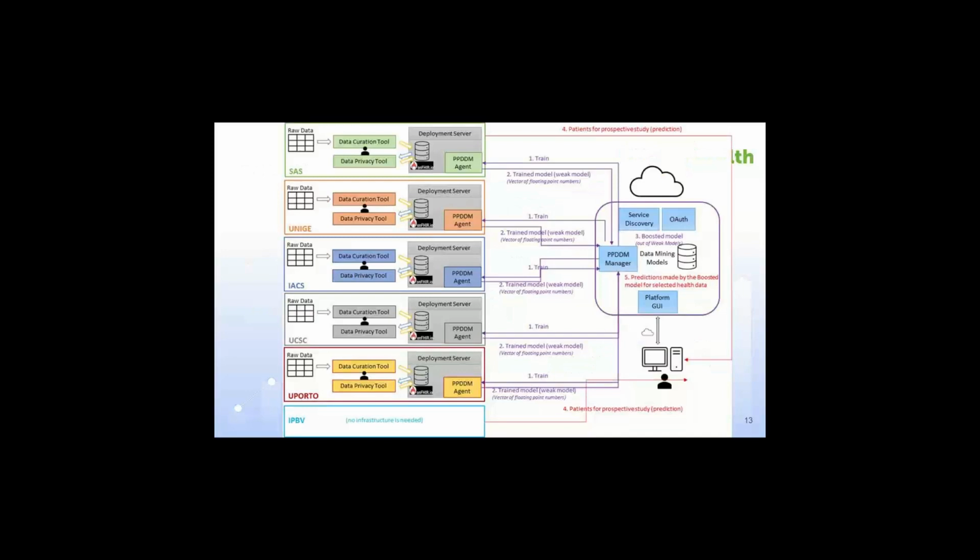In this slide, you can see the technical architecture that we have in our projects. The data curation tool and the data privacy tool must be running in the data owner facility to cover the privacy restriction of this kind of data. We identified the needs to transform the raw data to FAIR in the data owner facility. When we obtain the FAIR data, this is registered in a repository,